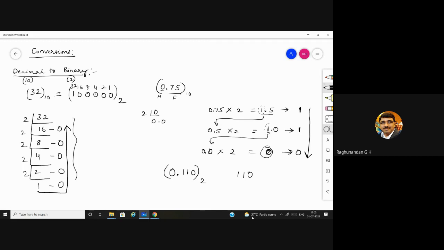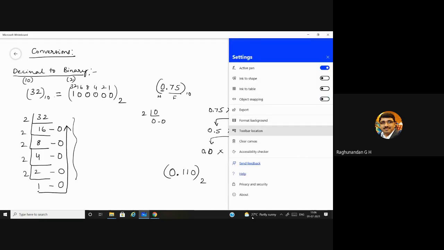And also, you should not read it as one lakh, or 0.110 like that. In binary, you have to pronounce it bit by bit. You should say it as 1, 0, 0, 0, 0, 0. Here it is 0.110. You should not say 0.110. It is wrong. 110 is a decimal number; we will not pronounce it as 110 in binary. Please remember this. This is the procedure we have.